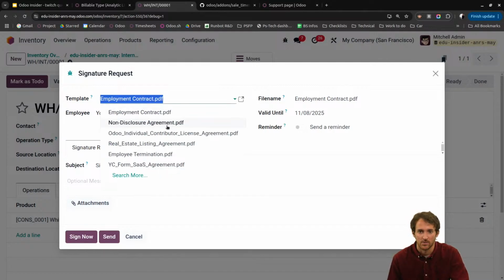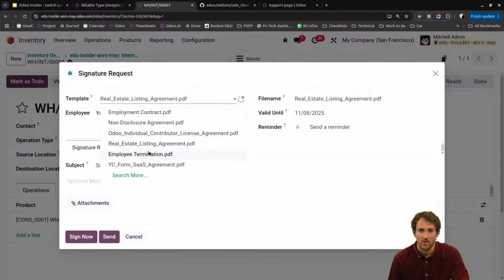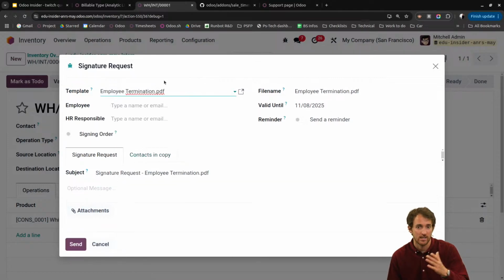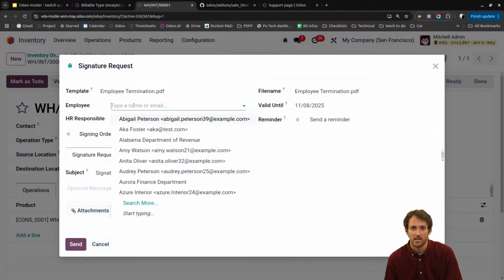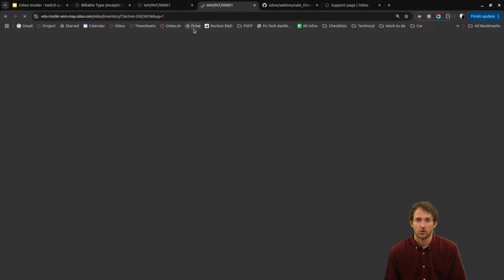We have maybe some different templates that I'm going to check quickly if we have something with more than one employee. Yes, employee, and we see it's the case. For example, for this one, here we have 2 persons. Of course, here I only take the example of PDFs related to employee management. Of course, you can create any template that you want. But I just want to show you quickly